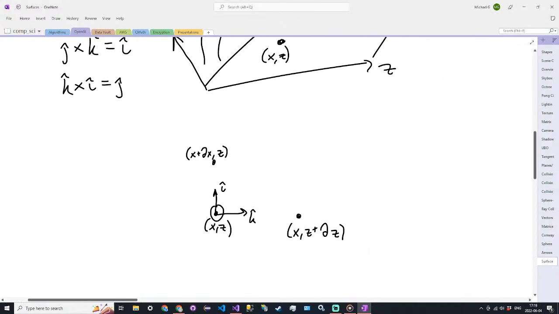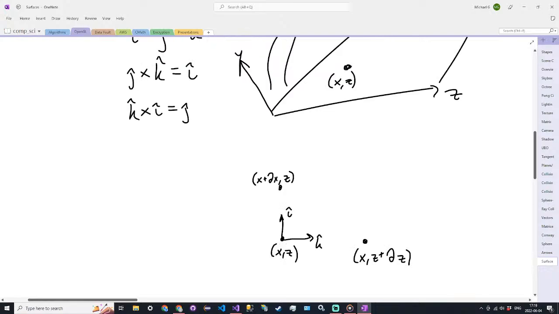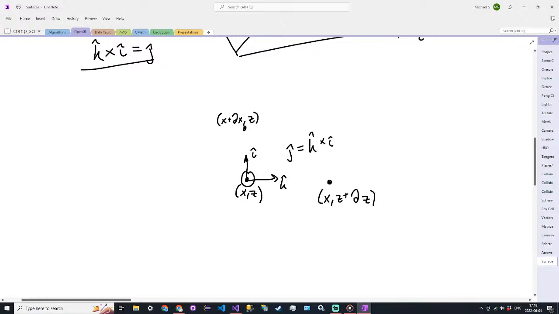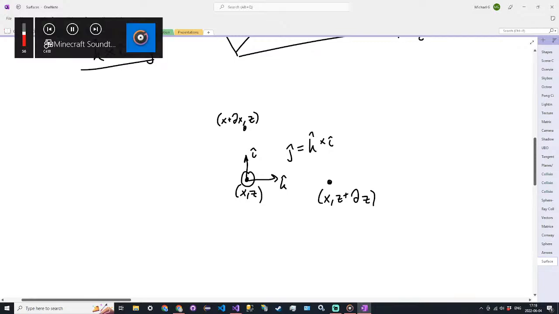Or, sorry, no, other way around. k hat cross i hat is j hat. So j hat is equal to k hat cross i hat, as we stated up here. But to get a normal vector for any surface, once we start incorporating that third point,